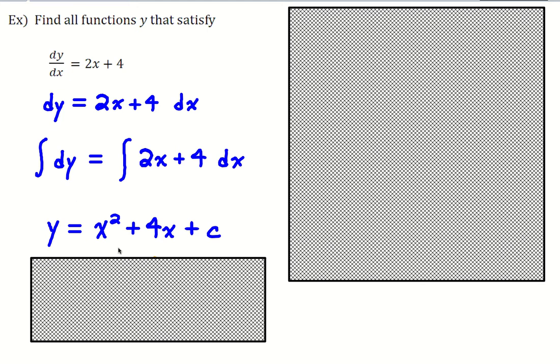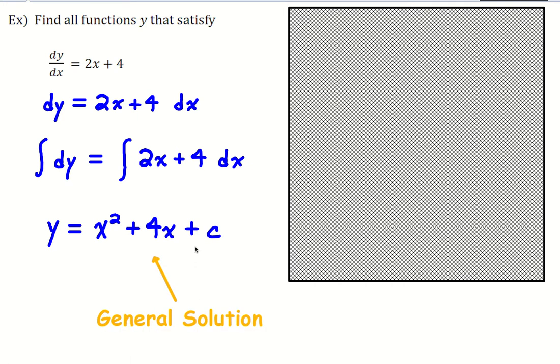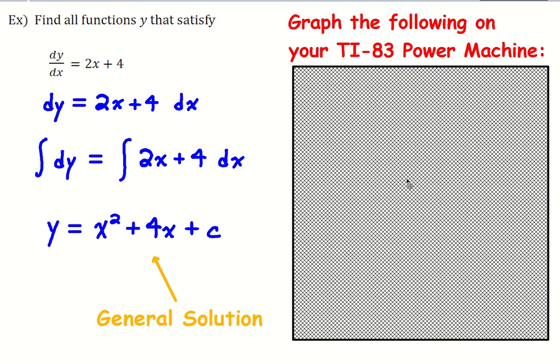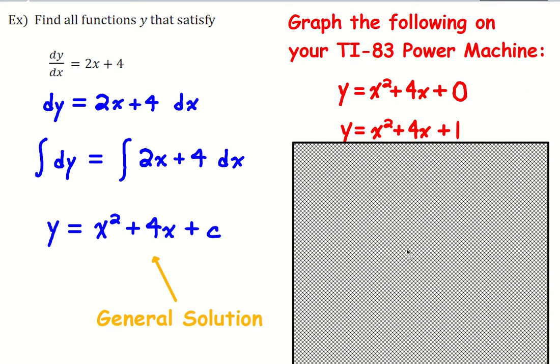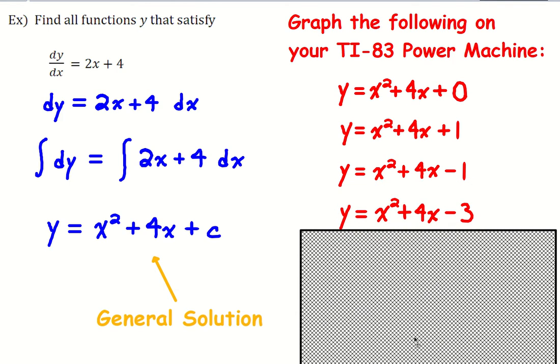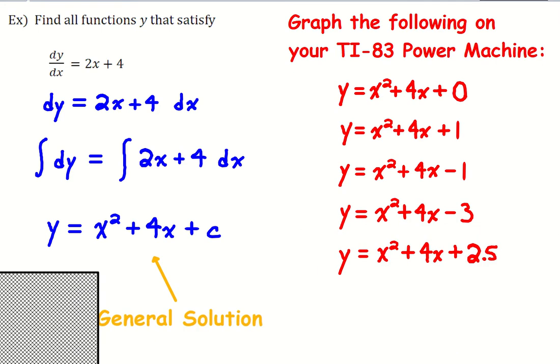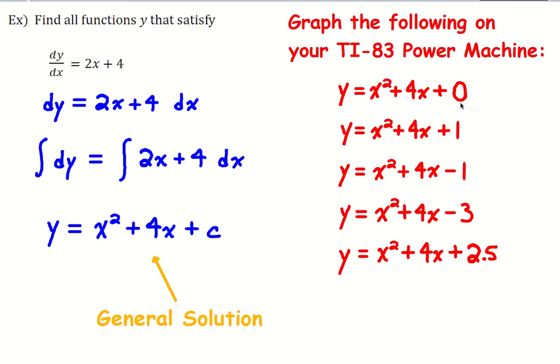As you know from last semester, this whole plus c business means there's an infinite number of solutions. This is a general solution because it could be plus 0, plus 1, minus 1, minus 3, or plus 2.5. And if you have a graphing calculator handy, or if you want to pop onto Desmos.com or whatever website or app